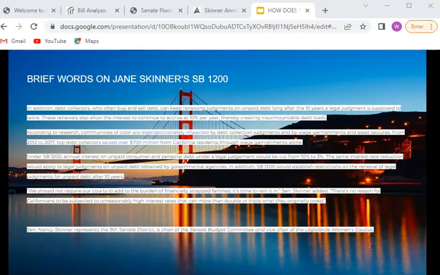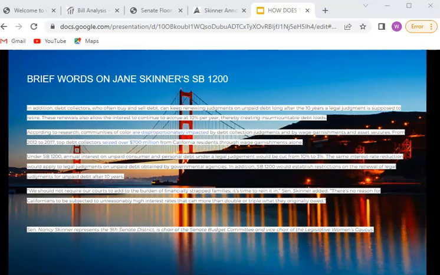In addition, debt collectors who often buy and sell debt can keep renewing judgments on unpaid debt long after the 10 years of legal judgment is supposed to retire. These renewals also allow the interest to continue to accrue at 10% per year, thereby creating insurmountable debt loads.